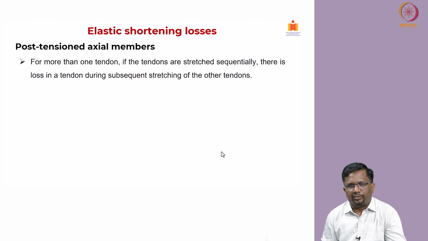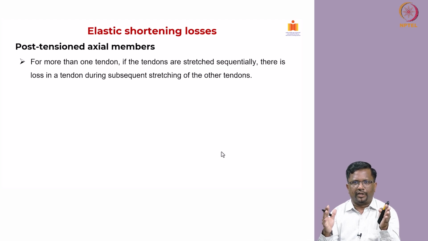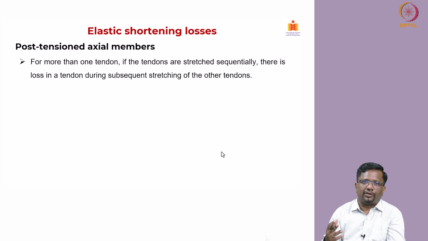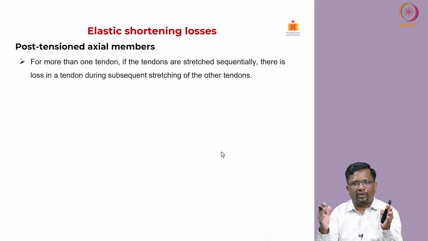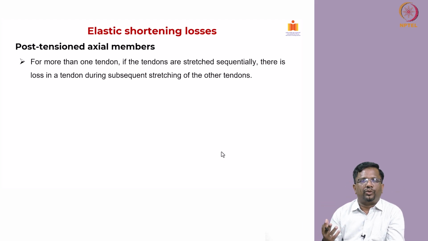Okay, now post tension axial members. Now, in post tensioning, because I have the jack that is already there in the system, as the concrete is shortening, I can apply more force, right. Typically the elastic shortening as it happens is already accounted for by applying more force. So in a post tension system, let us say if you have only one cable and you stress it, as you stress it the concrete will shorten, then you can apply more stress to the level you want, right. So then there is no real loss in a post tension member if all the tendons are stretched